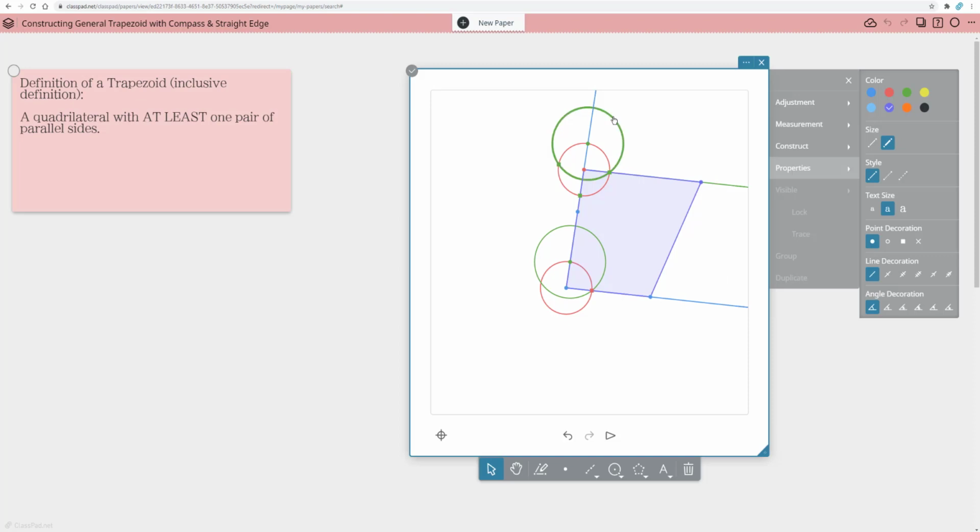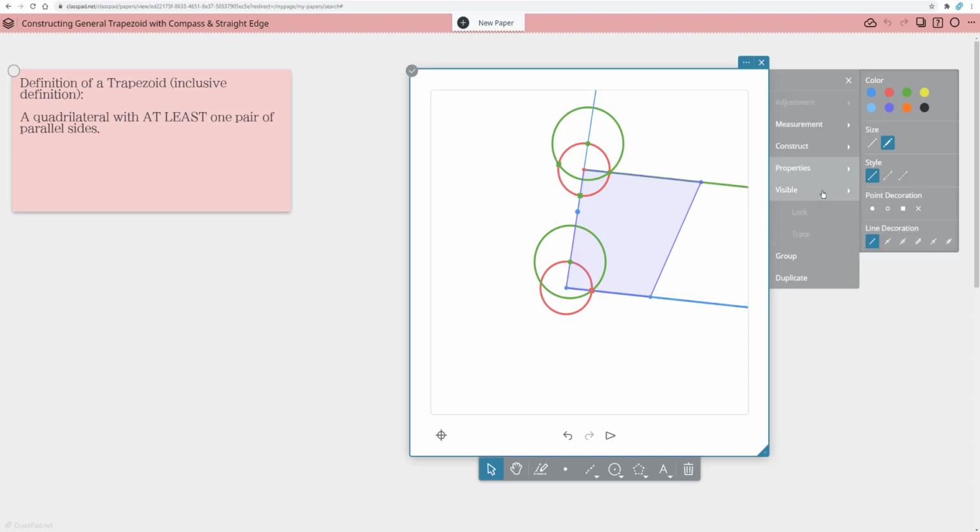But I don't want to necessarily see all the constructs that helped make it. So maybe I want to hide all of these objects that are not necessary for me anymore. So I'm just going to select the objects that I don't need anymore, like even the underlying lines.